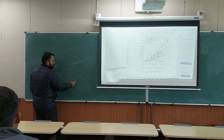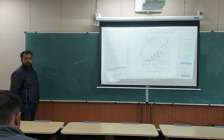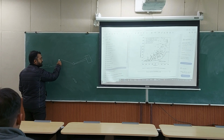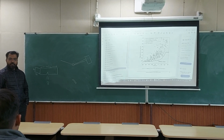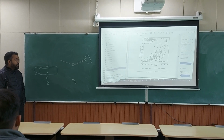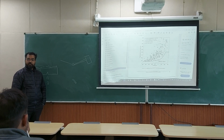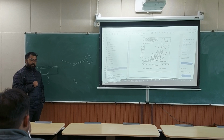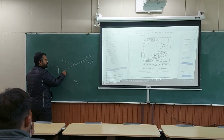Okay, and if the hammer falls and there is no specimen, then it will attain a certain height. Okay, because of the potential energy it has gained because you have elevated it to a height. If you have a sample, then it will break the sample and a certain amount of energy will be consumed in breaking of that sample. Okay, so it will not attain that height, it will go to some different height, and